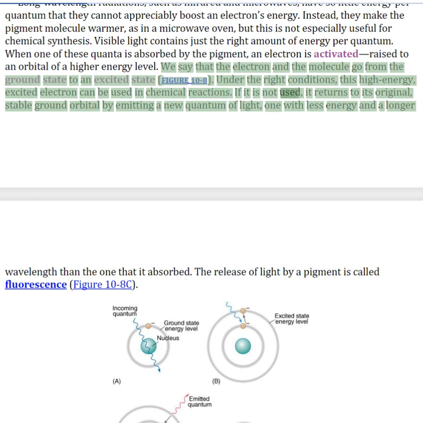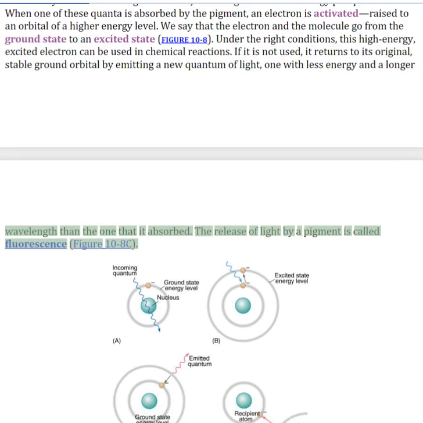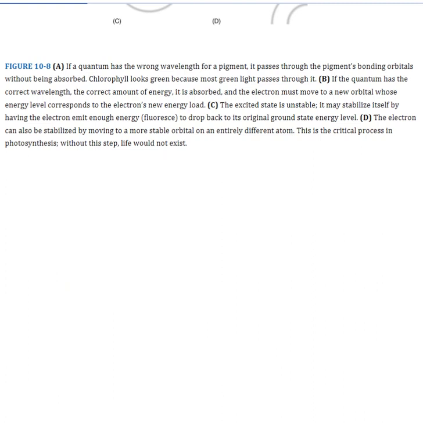If it is not used, it returns to its original, stable ground orbital by emitting a new quantum of light, one with less energy and a longer wavelength than the one that it absorbed. The release of light by a pigment is called fluorescence. Figure 10.8. If a quantum has the wrong wavelength for a pigment, it passes